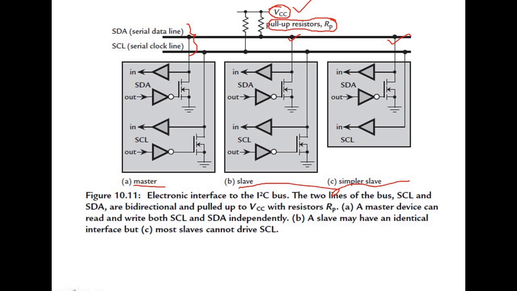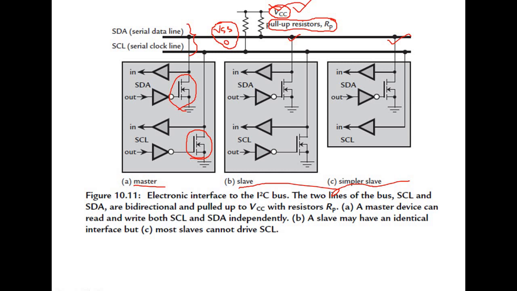Here you can observe N-channel MOSFETs, and if a single N-channel MOSFET is turned on, its line is pulled down to VSS to give logic 0. Understand? That means if there is no activity, that is no transfer, then logic 1 or VCC appears on the line. Otherwise, if a MOSFET is turned on, it is pulled down to logic 0, that is to VSS.